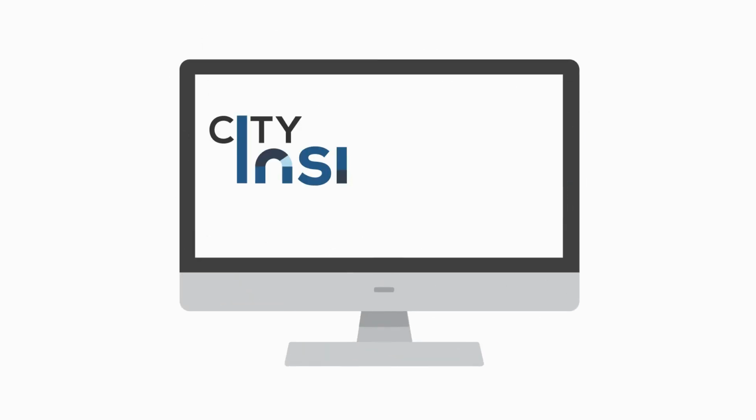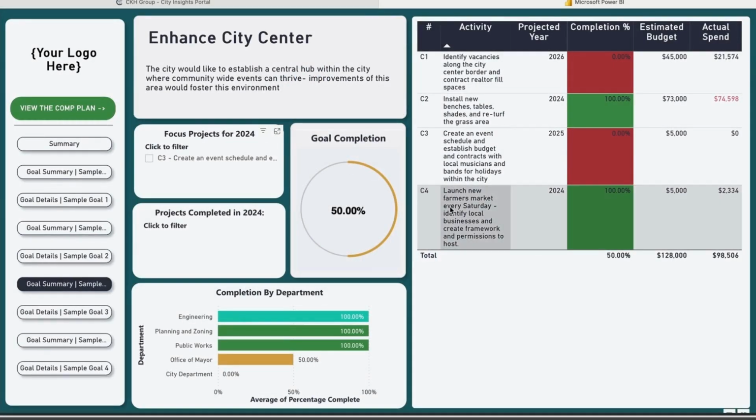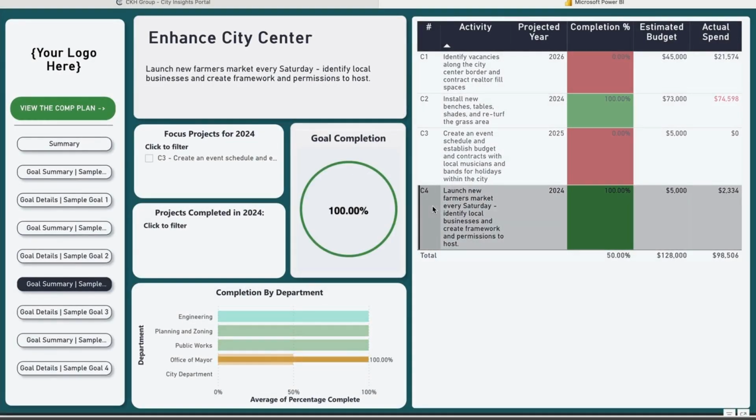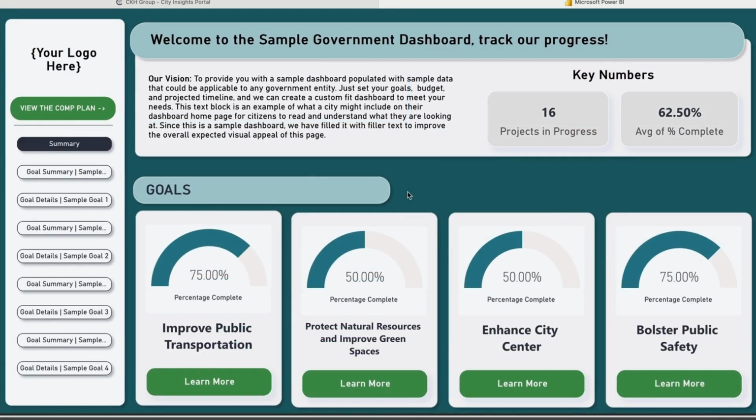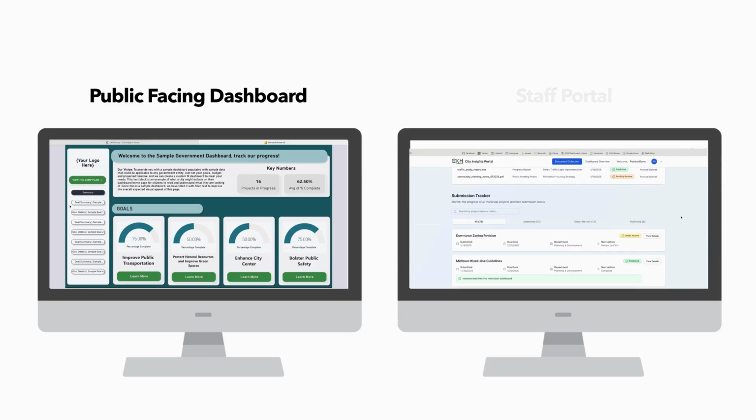Welcome to the City Insights portal, created by CKH Group. This is a modern, centralized platform designed to help municipalities showcase real progress on their capital and infrastructure projects, and make it accessible to everyone. In this demo, I'll walk you through both the public-facing dashboard that residents see and the staff portal that makes